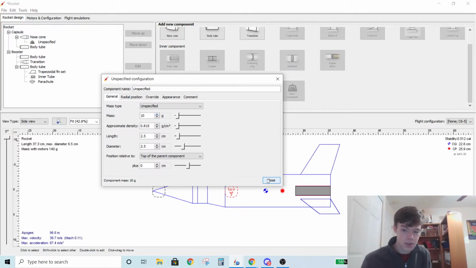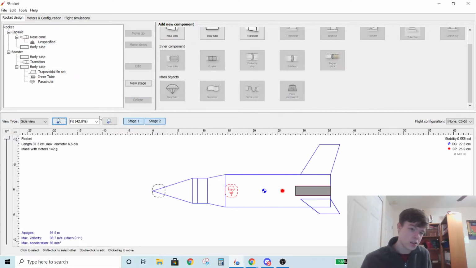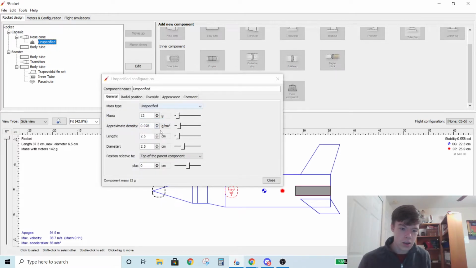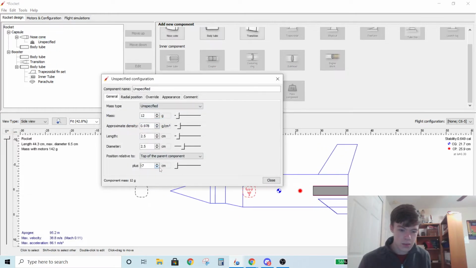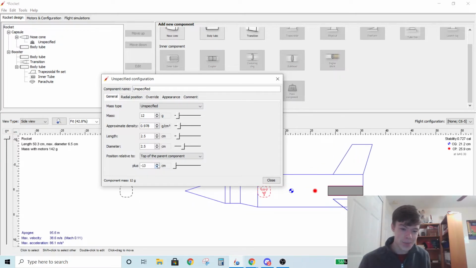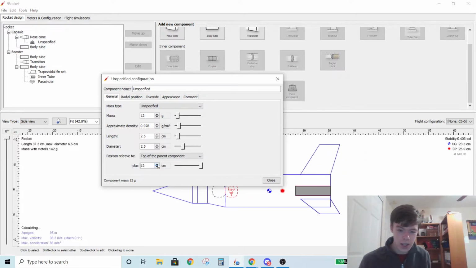Let's say 10 grams. No, let's say a little more. It just doesn't really matter. What you can do is increase the mass until you get to about the right amount of weight. And then you can just move it around, and as you can see, I'm moving this around, and the center of gravity is changing. Now, once again, obviously, there is no 12-gram mass sitting here, but the point is that